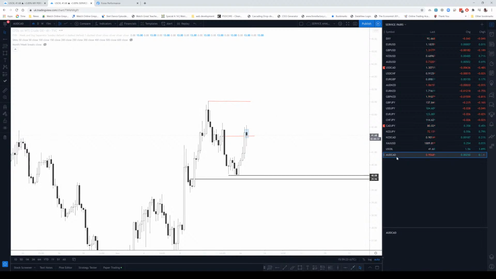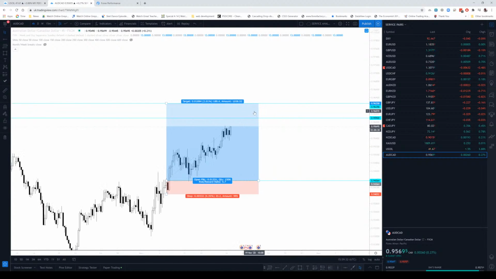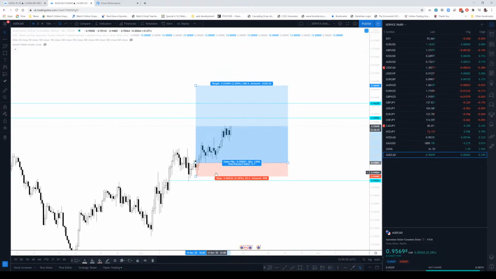And then Aussie CAD, I think Aussie CAD is almost at that target I gave since last week, that you still want to look for price. We're almost there, so there's nothing to say about this. Did I buy this? No, I didn't. Based on the election, I didn't trust going long here, so I didn't do anything on this, but it's playing out beautifully. The one I did take something on was this one here, the one I gave I think on Wednesday, right in here. But on Friday again close everything,